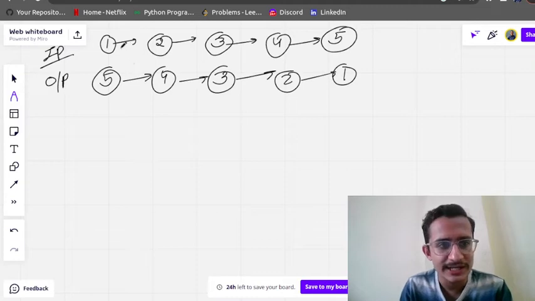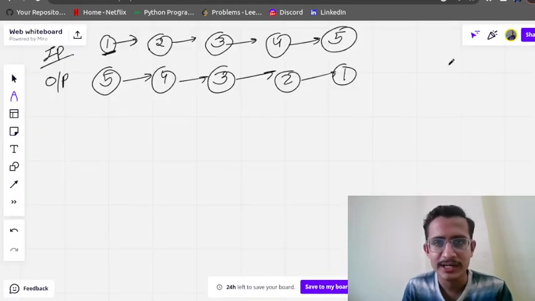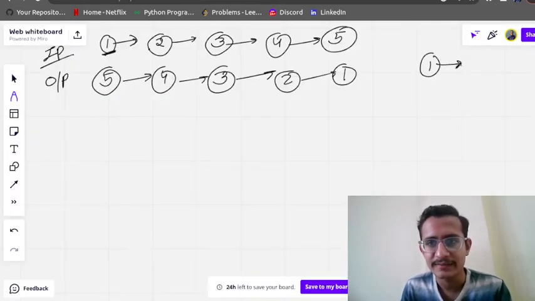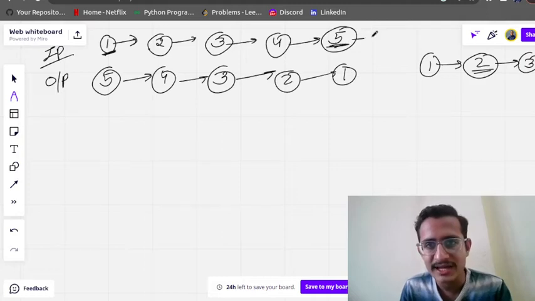Basically, you can see there is a connection from 1 to 2. It means in the next, we have two things, value and next. So in 1's next the address of 2 is stored, in 2's next the address of 3 is stored, but in 5's next, since nothing is there, None is stored.